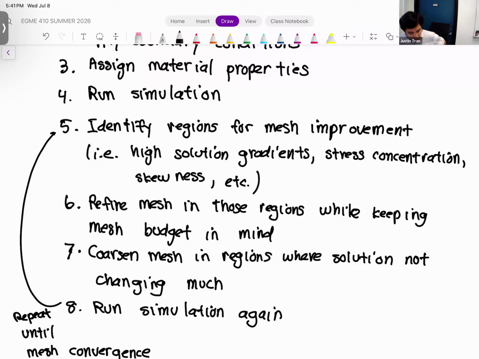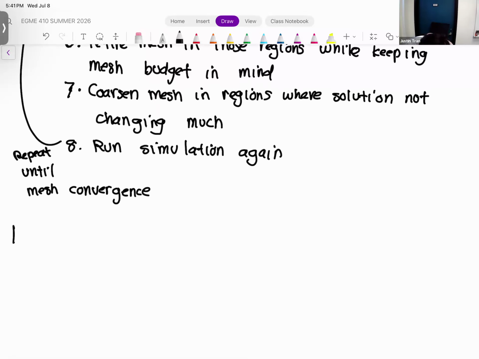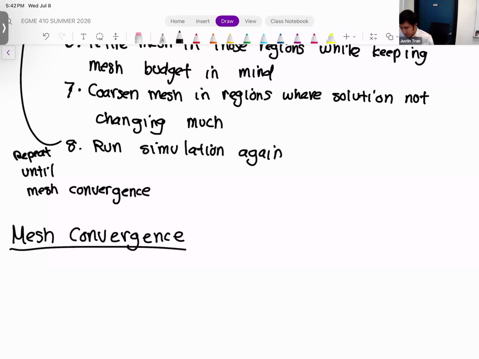All right. So the last topic that I want to cover for today, as a fitting conclusion to this, is the idea of mesh convergence. Hopefully this closes the loop in terms of all these meshing topics that we've been discussing. If you look at the word convergence by itself,